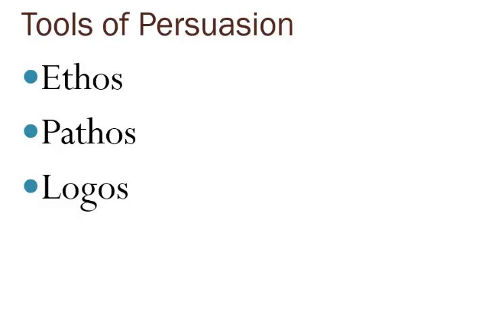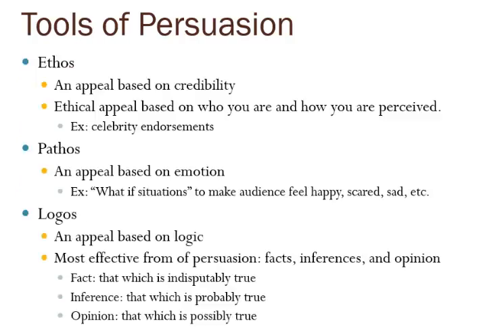Methods of persuading somebody can be broken down into three categories: ethos, pathos, and logos. Ethos is an appeal based on credibility. In other words, you're trying to convince the reader of something by saying that somebody with credibility said so. The president said XYZ. A great economist said ABC. A college professor said this, that, and the other thing. Therefore, you should believe the same thing. It's an appeal to authority. That's one way of trying to convince somebody of something.